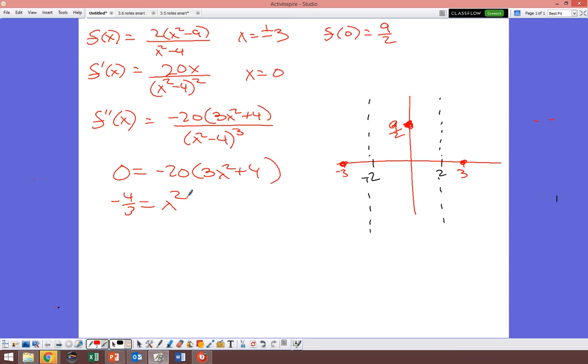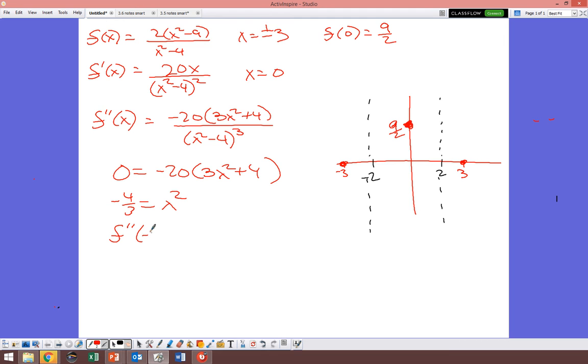I don't like this. It's not going to change concavity. So since it's not changing concavity, what else do I get from this? That it's negative, so it'll go down. So if I plug in negative 3, because that's one side of my asymptote, right? If I plug negative 3 into my second derivative, which would be right here,